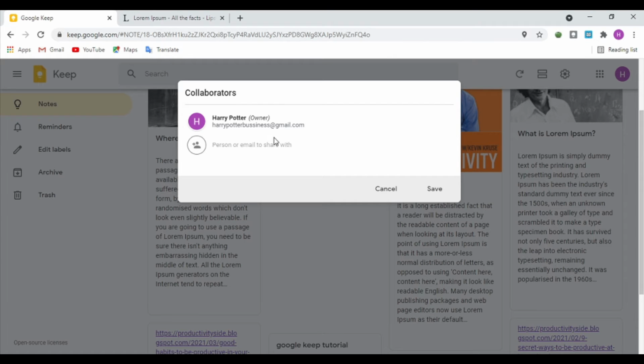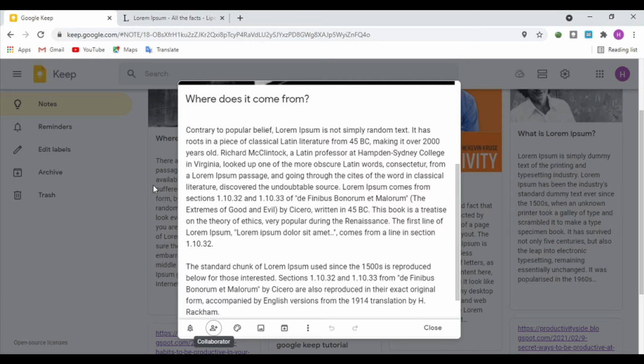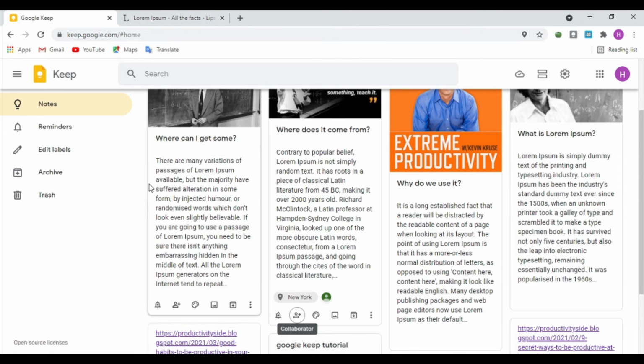and you can add more people to this note by their email address. By clicking their email address, we just see some random email address. This is not mine, this is a random email address we take in this video. So let's take this and save, and the app will send an email to this person to access the note, and this is going to be amazing when you are working with your team.